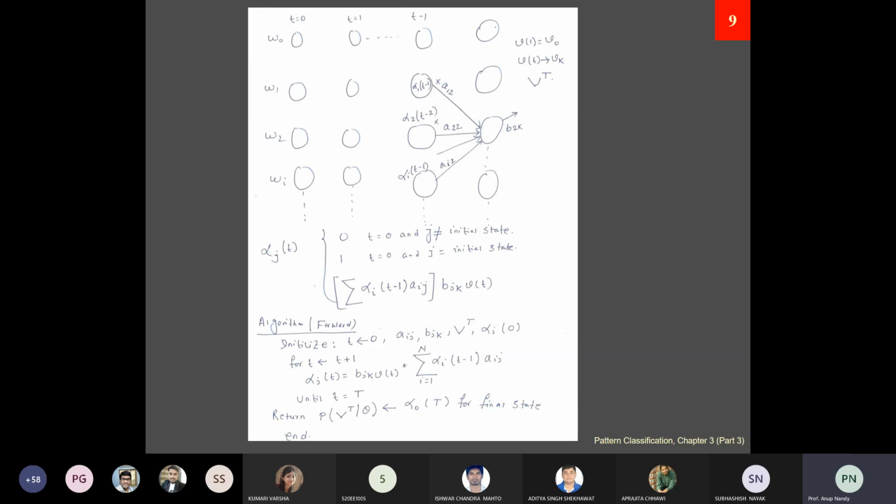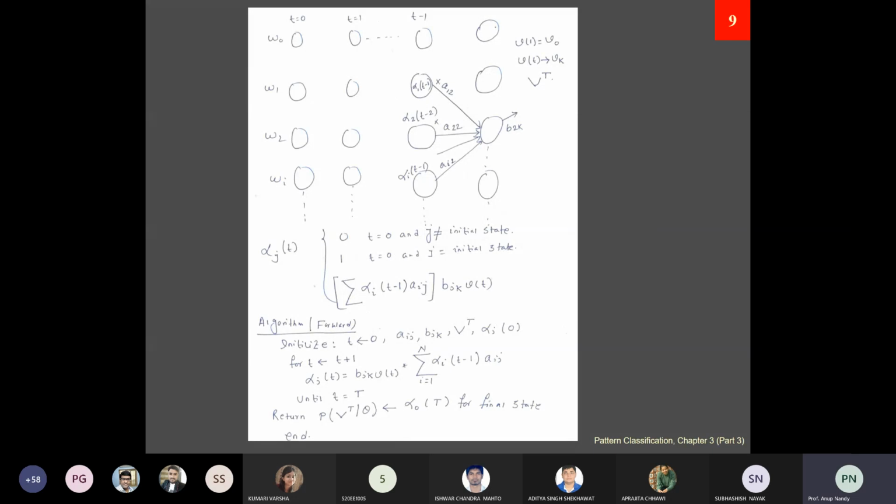Okay, and whenever it is b1 V0, it means for the time instant t is equal to 1, this model will emit an output symbol that is V0. So that's why it is written V0. So V0 at time instance t and omega naught, it will generate a V0. If it is Vt Vk, it means that at time instance t, this Vk will be generated for this particular state. Okay, so that is the thing.